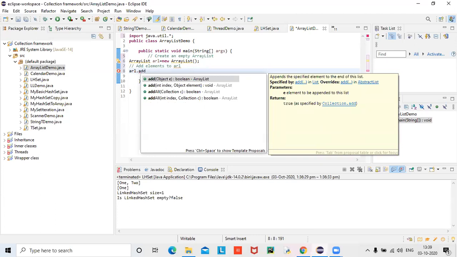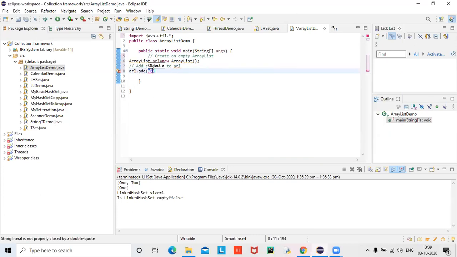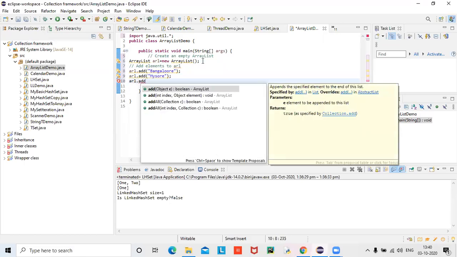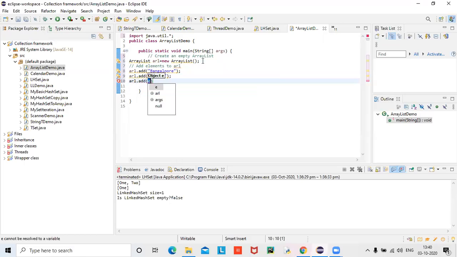ARL dot add Bangalore. ARL dot add Mysore. ARL dot add OT.